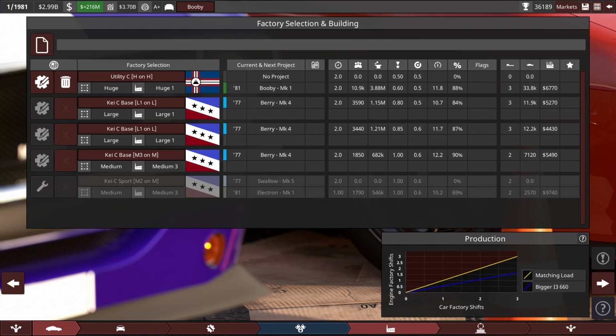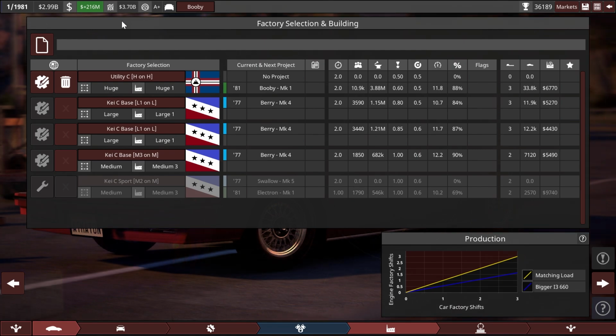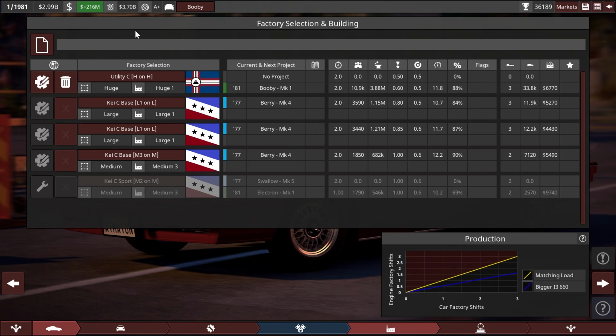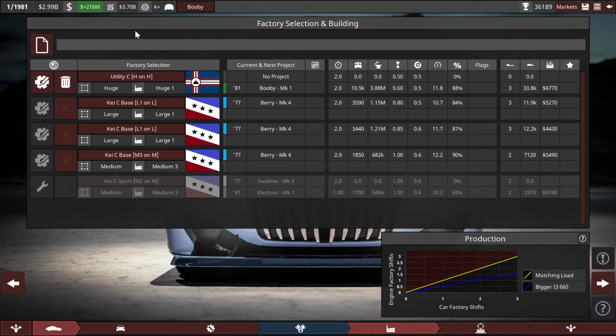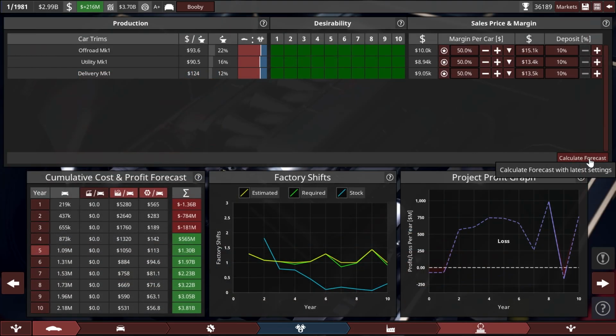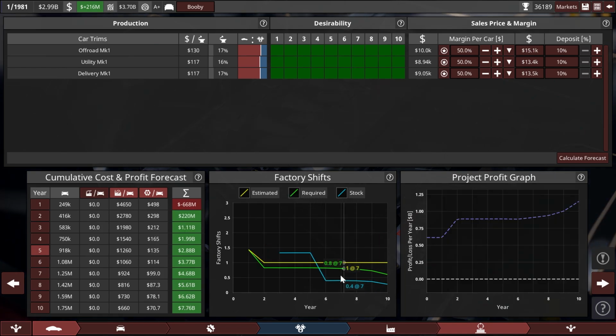2.5 billion. That's significant. That's more than 60%. Yes, so that's a little bit of a bummer. And also, refresh costs or retool costs will be enormous for a factory like this. So we will have to do fewer facelifts. But I think with the cars that we are making, especially utility-focused cars, that is not too much of an issue. Right, let's calculate the forecast with 50% margin on the cars, and we see that...